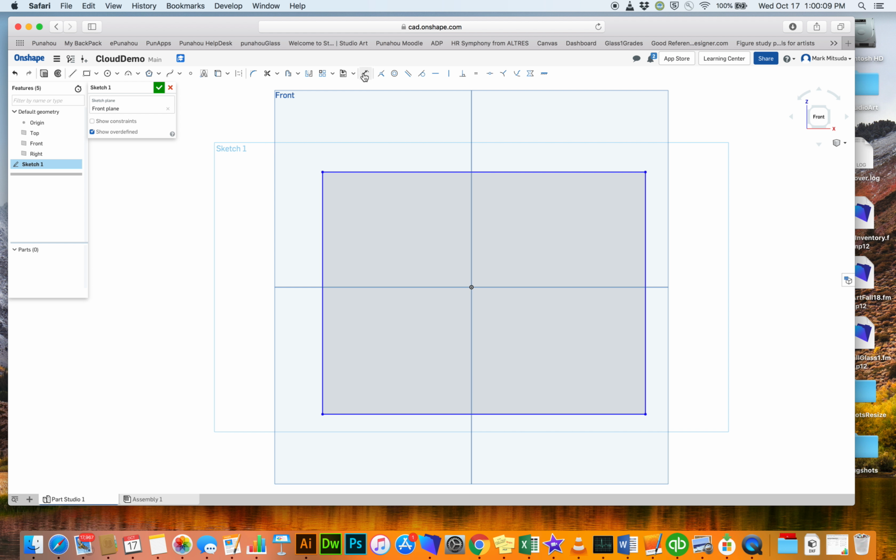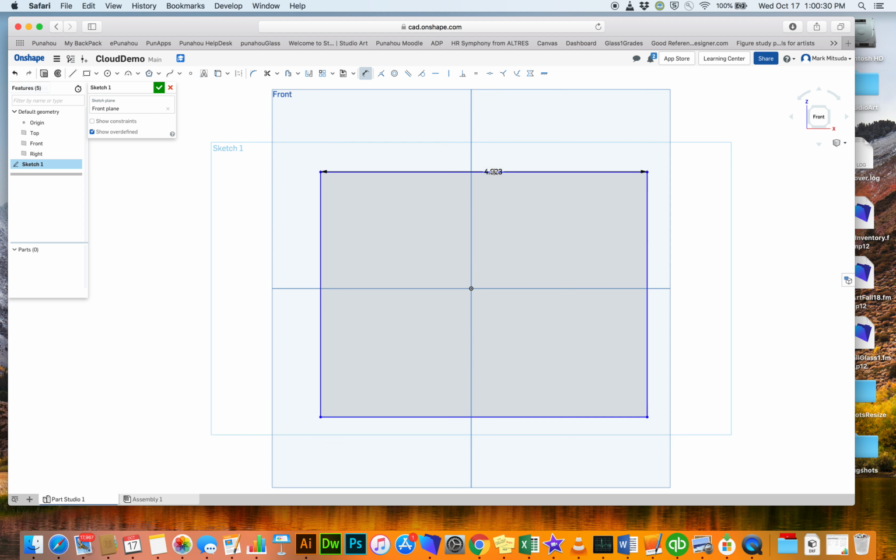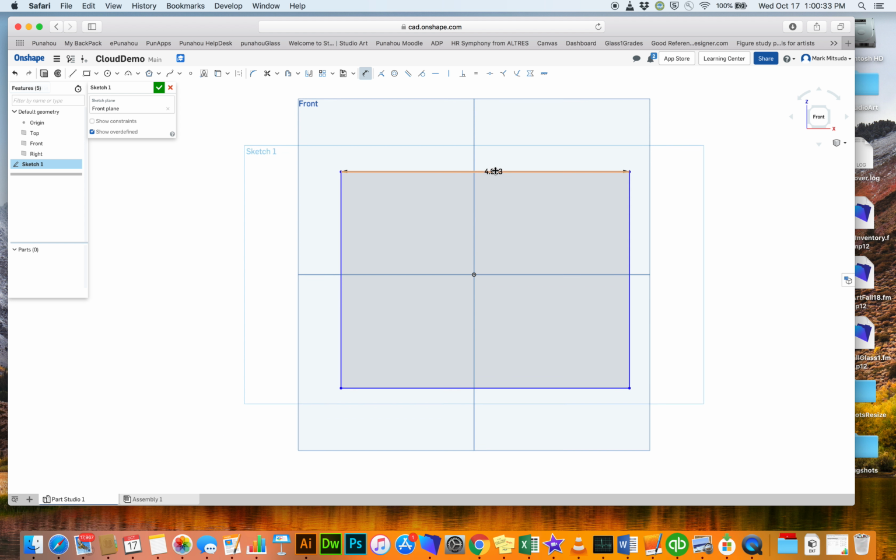Okay, so whenever I click on a tool, it's going to highlight, and then I'll be in that mode. So I'm going to select this dimensioning tool, and I just want to give my square some dimension. So right now it's not a square, nor is it 6x6. When I get the crosshairs on the line, it'll highlight it. I'm going to click it, and then I'm just going to drag it,